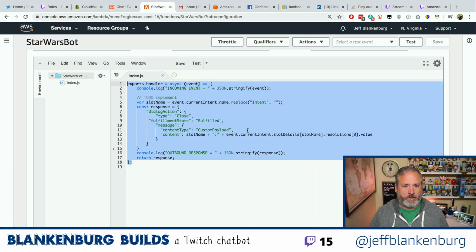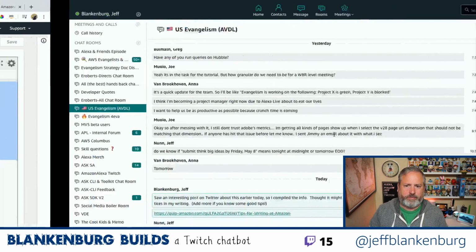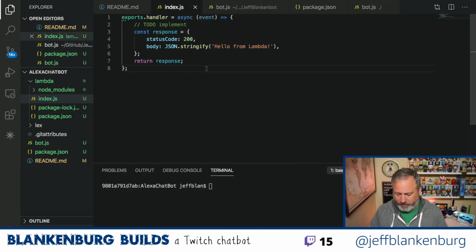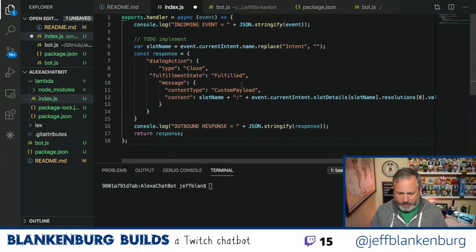I really appreciate it. Okay, so this is the Lambda code that we wrote last time. All we're doing is grabbing the name of the slot here, and then grabbing the value that we matched in our entity resolution, and then sending that back. So I'm going to copy this, and the thing that I really want to figure out is how do I update this automatically? So this is the generic JSON that you get at the beginning, but this is the JavaScript that we just wrote, or copied, I guess.